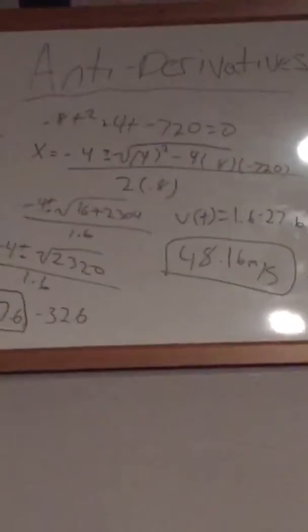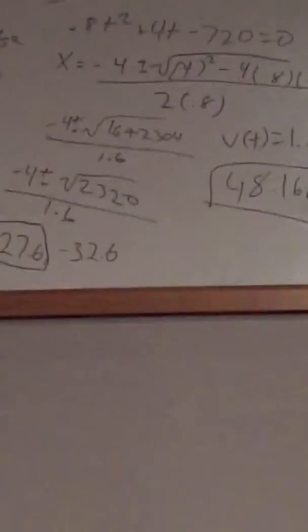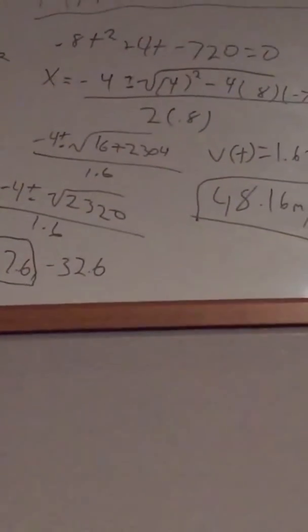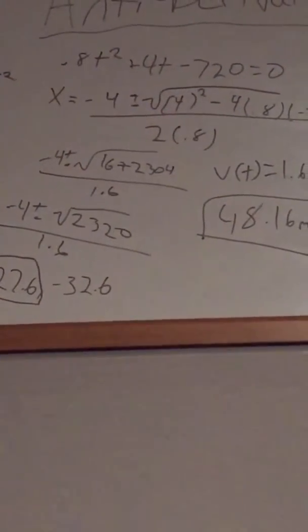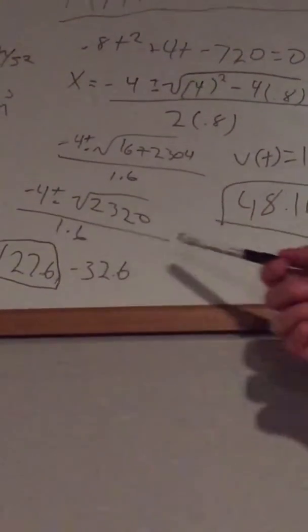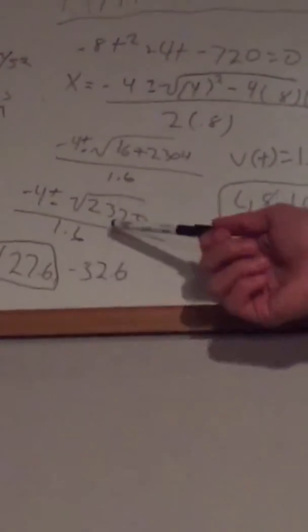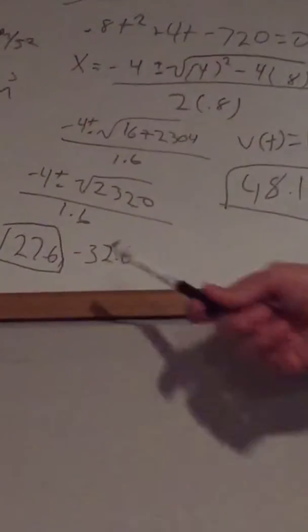Now to finish the problem, you have this equation and you want to solve for t. It doesn't factor, unfortunately. I tried. I cried after I realized it didn't. So you have to use the quadratic formula. You have your a, b, c. It's negative 4 plus or minus the square root of 4 squared minus 4 times 0.8 times negative 720, divided by 2 times 0.8. It all simplifies down to this, and I simplify it again. These are the final answers you get because 2,320 isn't a perfect square. You can't have a negative time, so that makes the answer